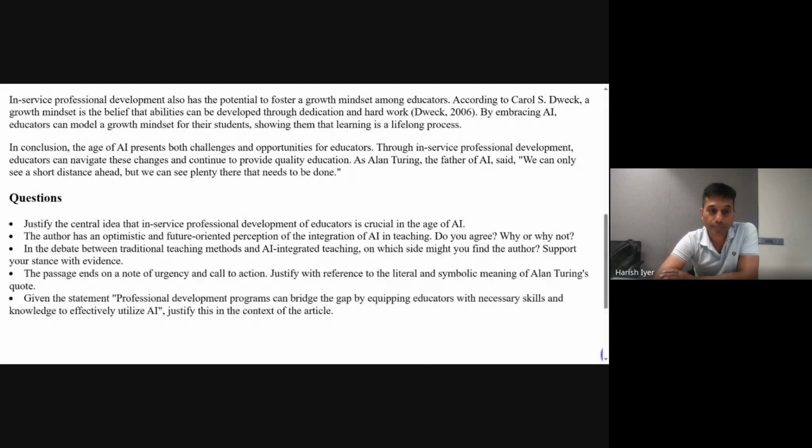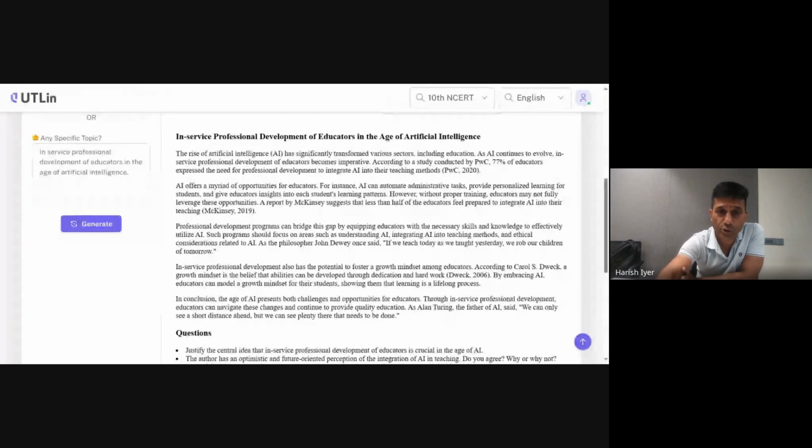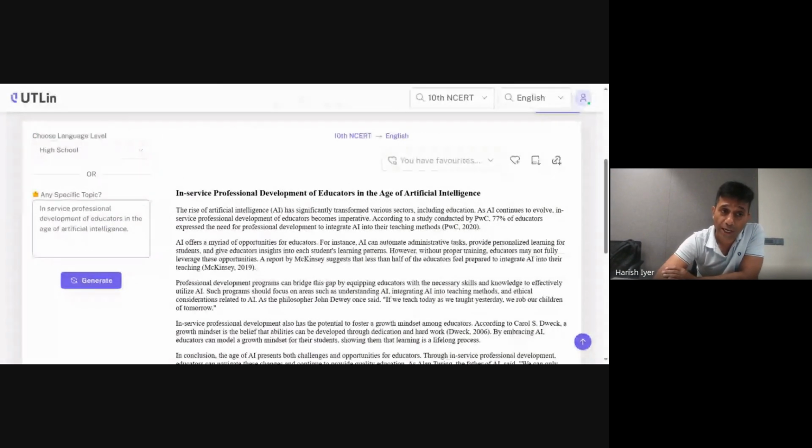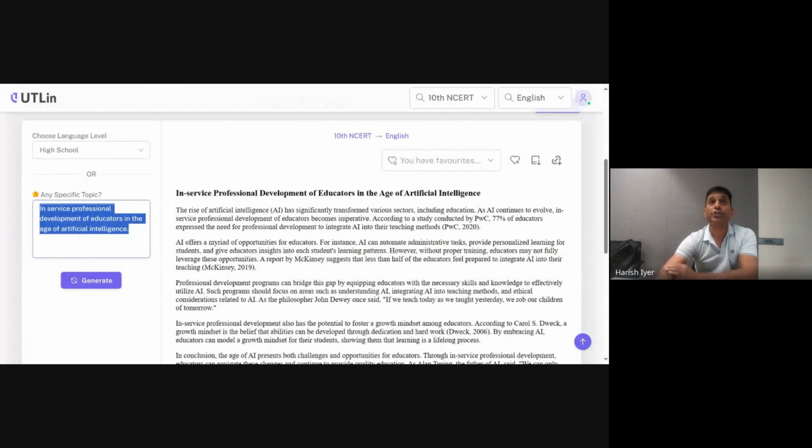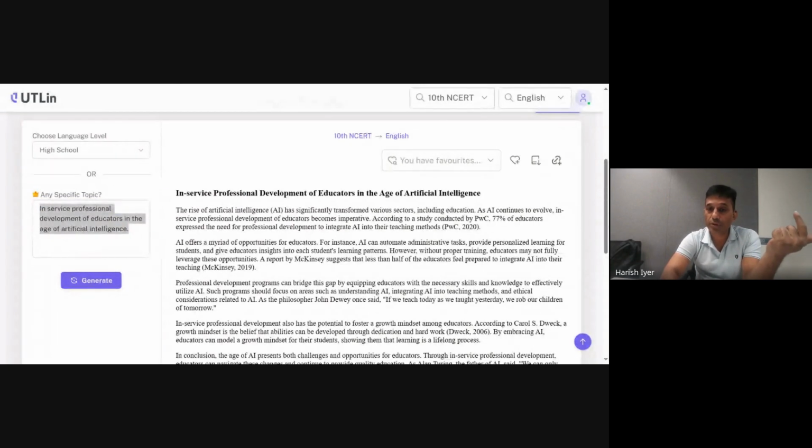So you can download this, you can tweak this, and then use it the way you want to. But like I said, the whole idea behind AI is that you are in the classroom, you discuss something, get a context from there, and then you sort of,